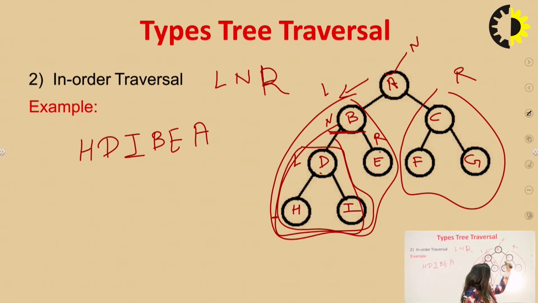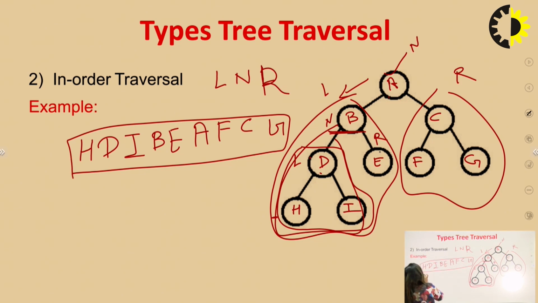Again this part is a binary tree, and in this binary tree, this is a root, this is the left side and this is the right side. So according to the principle, we use left, which is F, N, and then lastly this. So F is left, N means C and G means R. So we use here F, C and G. So this is an in-order traversal. Got it? This is an in-order traversal.